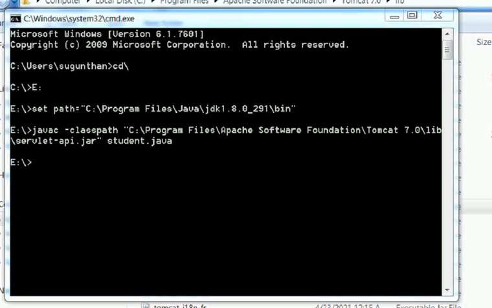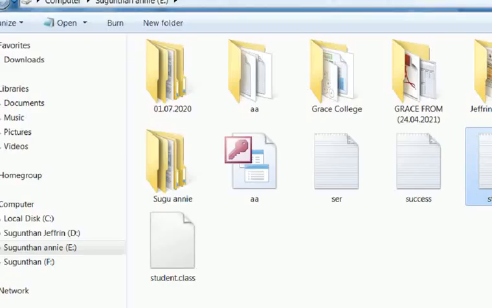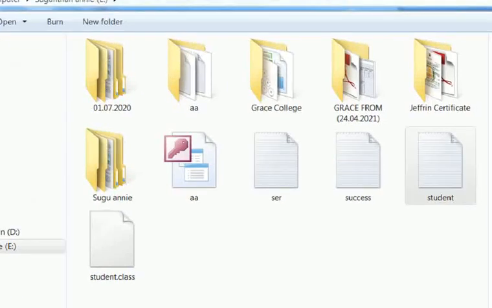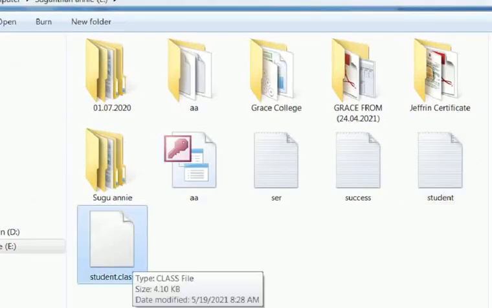See here, the path is set, so there is no error. See the file, a class file will be created in the E colon. So student.class, this file is created.